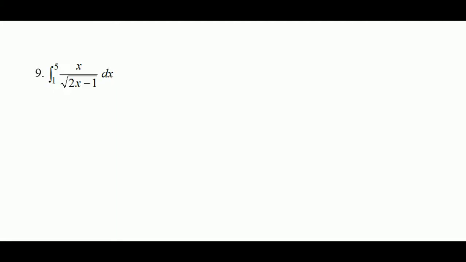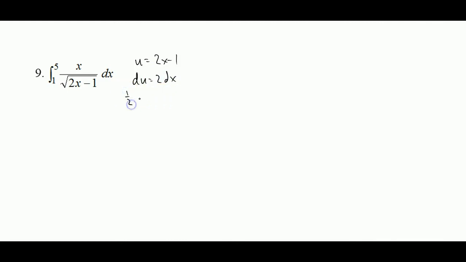and switch it up a little bit. Now we've got a definite integral. Process pretty much stays the same. Inside, 2x minus 1. Your du would be 2 dx, and this is one of those sneaky ones where I